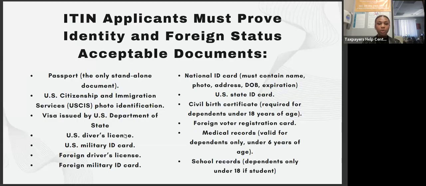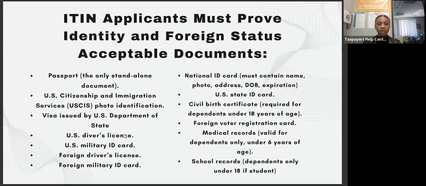ITIN applicants must prove identity and foreign status. Here are the acceptable documents. Like I said previously, there are 13 of these documents. Number one, passport, once again, is the only standalone document that's going to provide pretty much everything